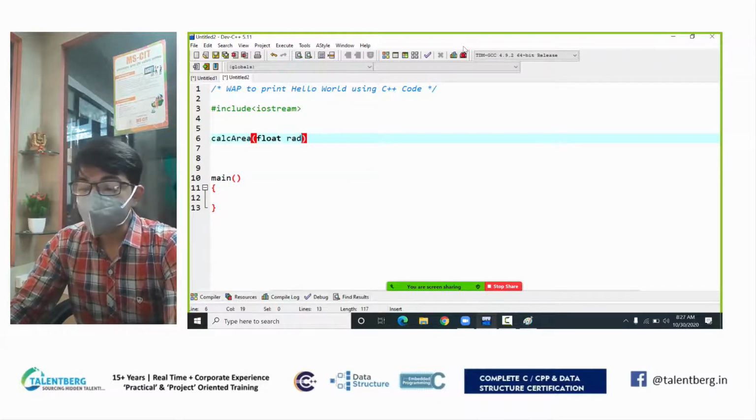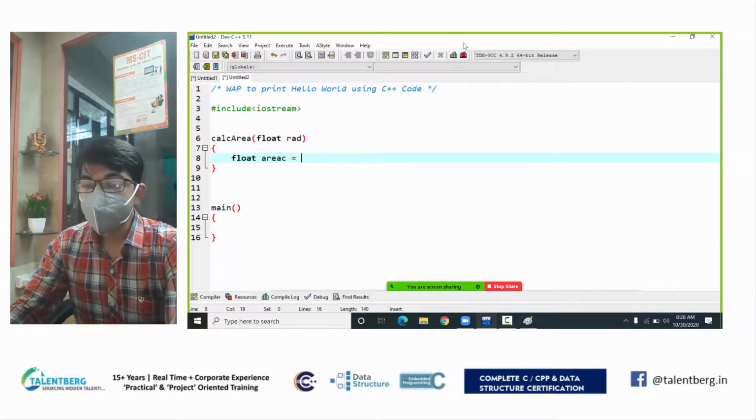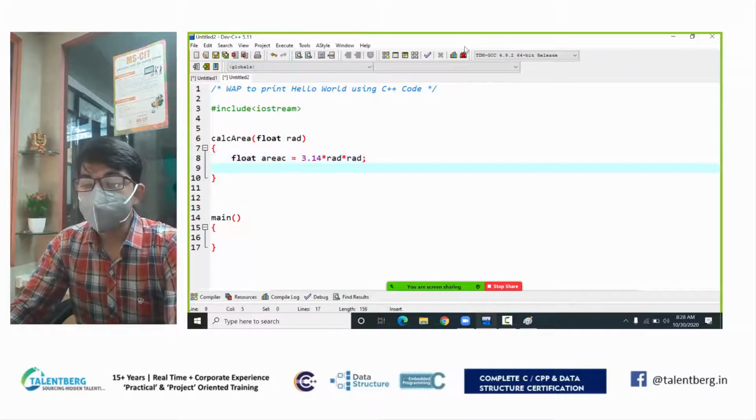This function accepts radius from you, and we do the area calculation: area of circle is equal to 3.14 multiplied by radius square. This is my calculation. The next part is, I want to exit the function, so I just type return.